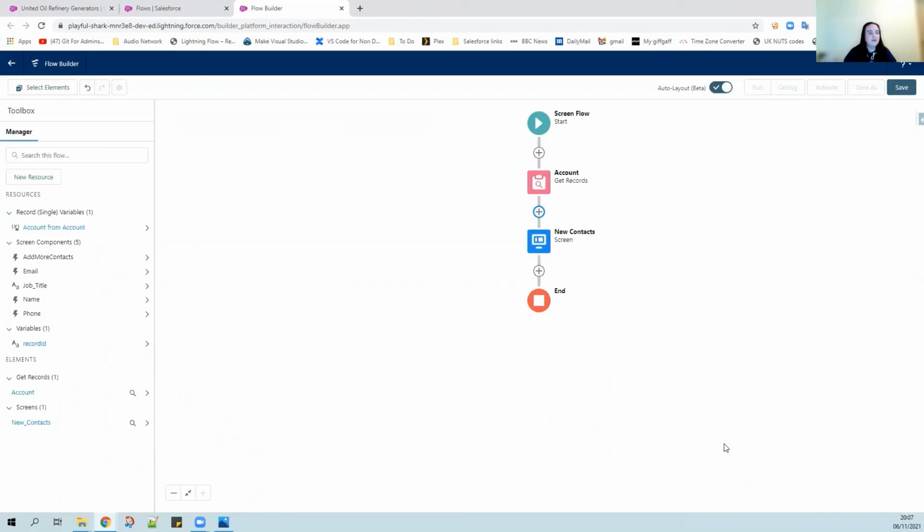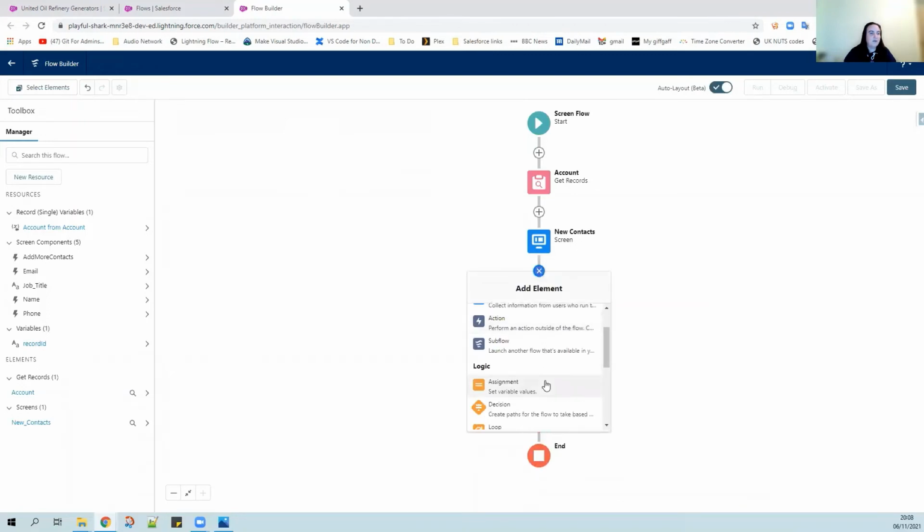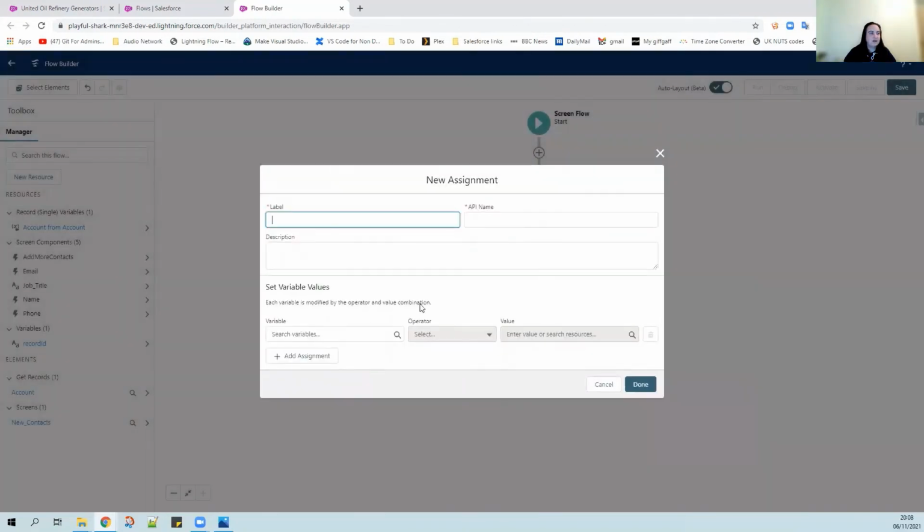Now, having asked the user to input all of that information, we actually now need to collate it into a contact record. And to do that, we're going to use an assignment. So I click on my add element, I scroll down and I find assignment. I give it a label, description,